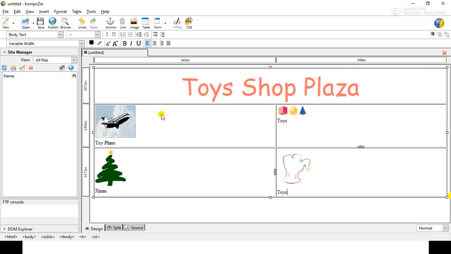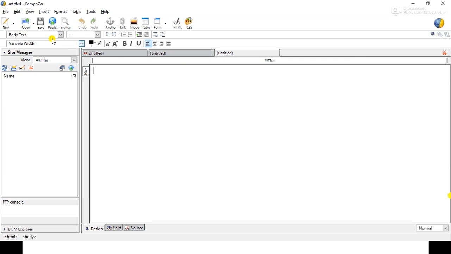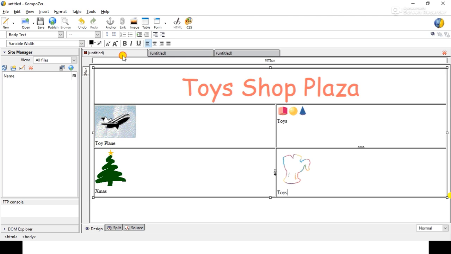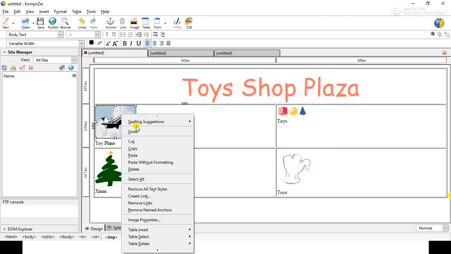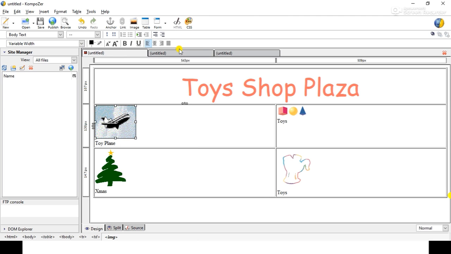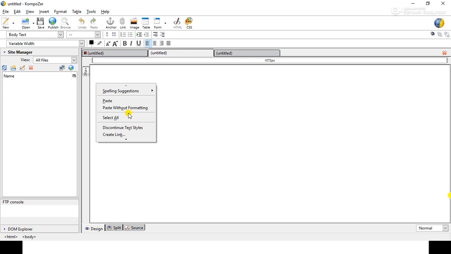Now we have inserted these 4 images, and in this video we will give hyperlinks to any 2 images. So firstly we will give one to this image, and second we will give one to this image. So we will create these 2 pages, that is 1 and 2. Go to the first page, copy this image, paste to the second page,